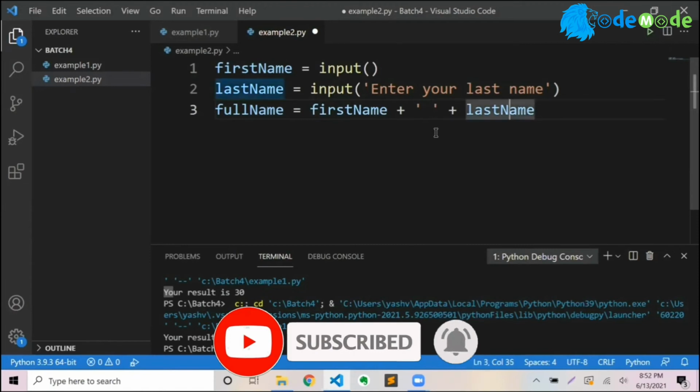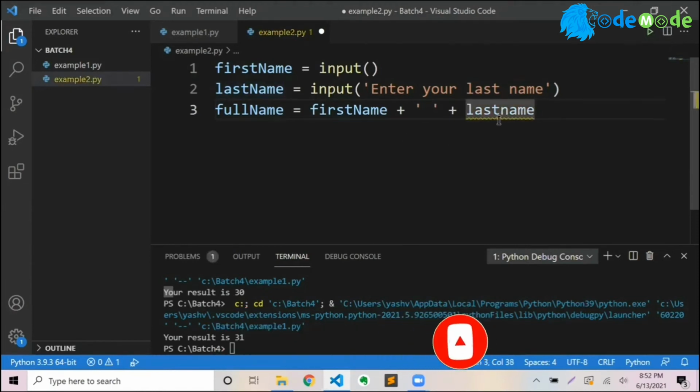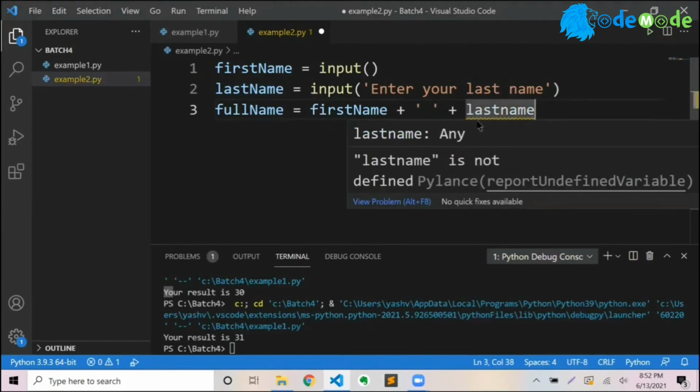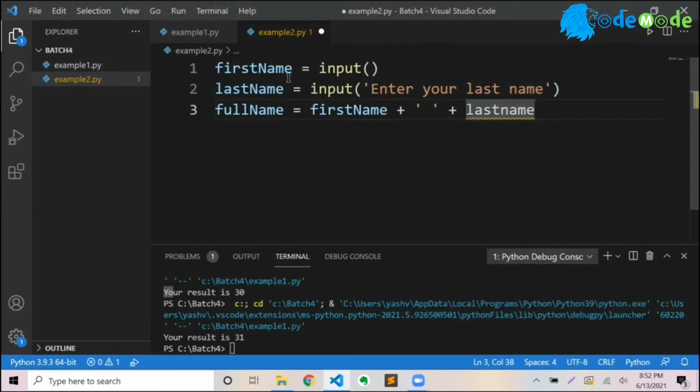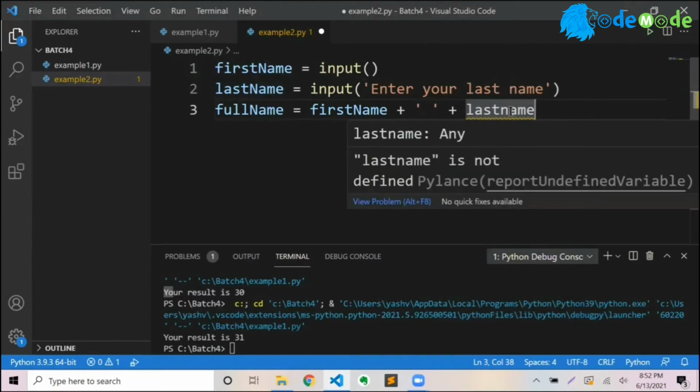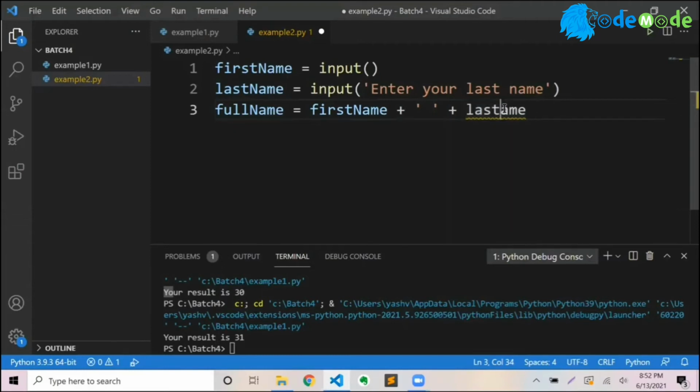Remember, Python is case sensitive. Rather than saying last name with a capital N, if I type it with a small n, you will notice this code editor is taking the code quickly and sending it to Python and saying, hey, don't run, but can you tell me if there is a problem in this code? And Python says, yep, the last name is not declared, because as you can see, Python is case sensitive. There is nothing called last name with a small n. And that's why the code editor is saving you time, saying before you run, I'm telling you there is an error. So first you resolve it, make sure there is no error, and only then you run. That is what Python is doing right now. Correct? So I will go back and fix this, and I'll say last name.